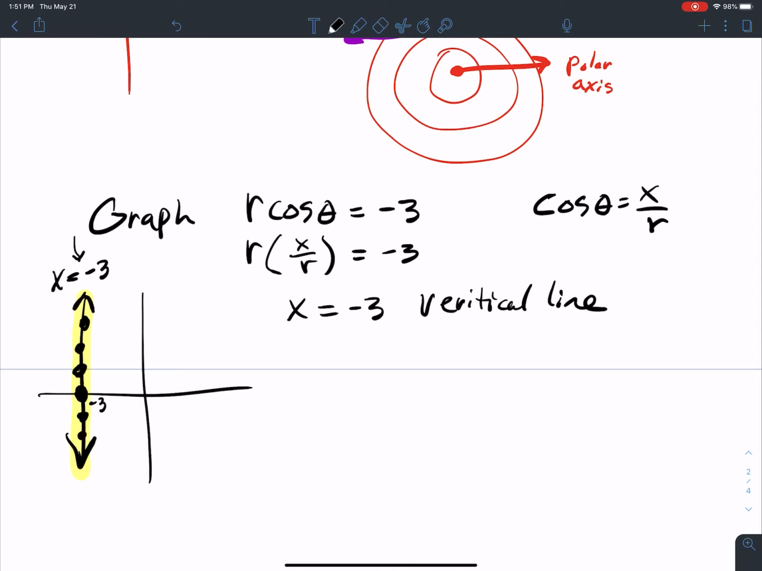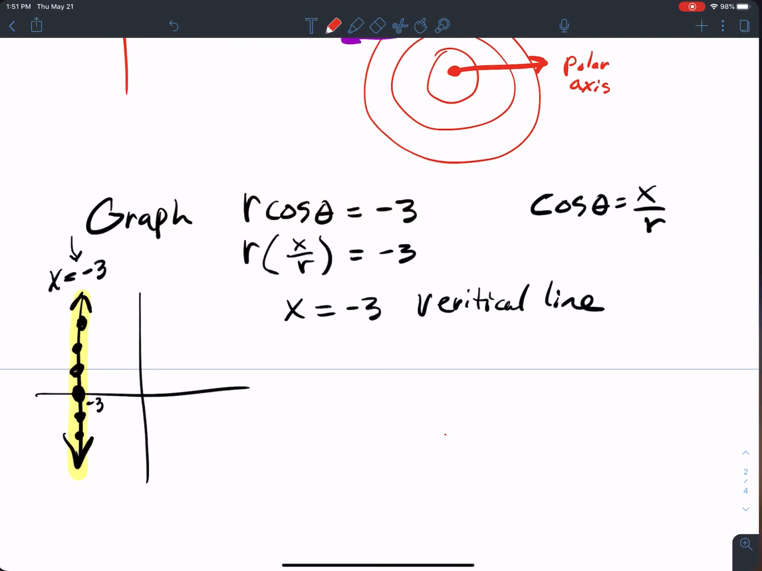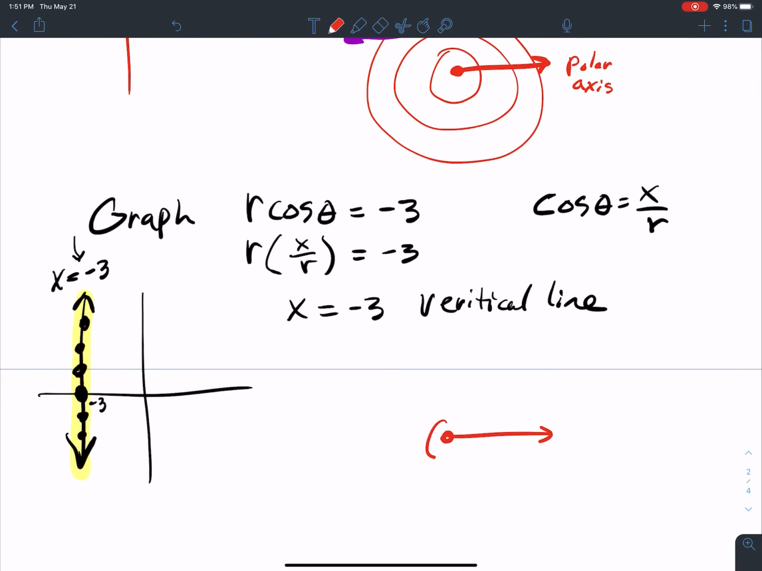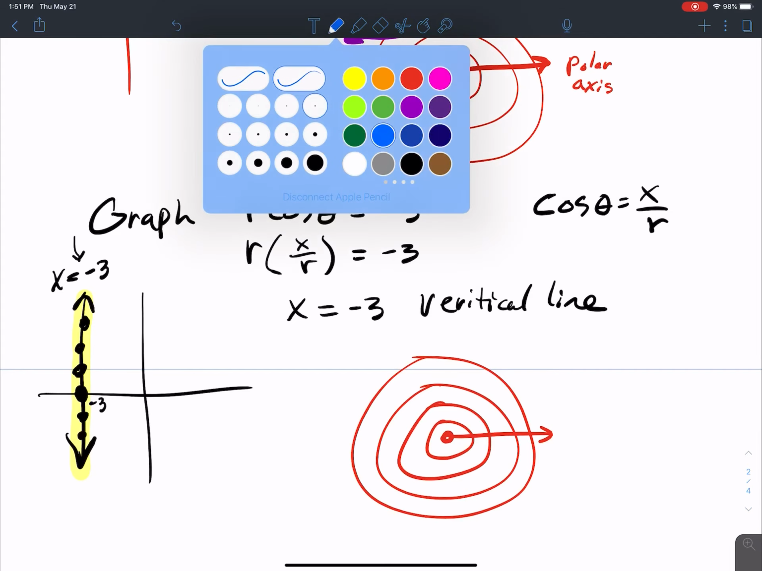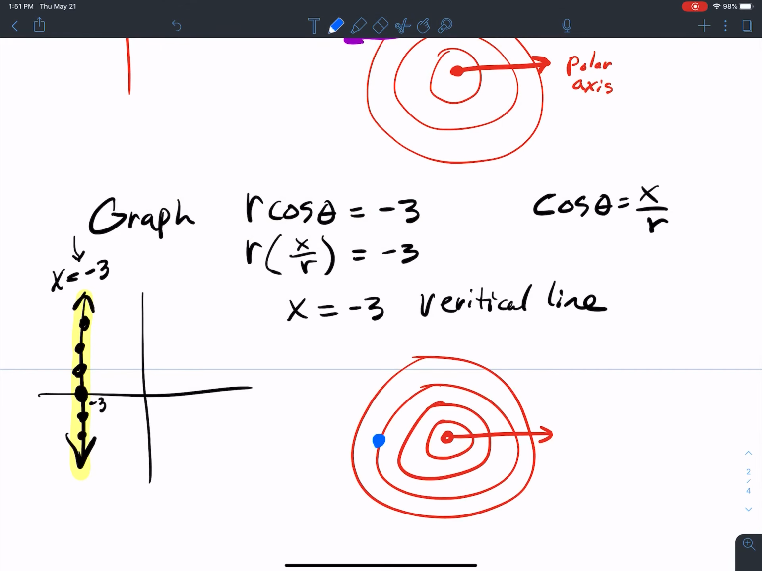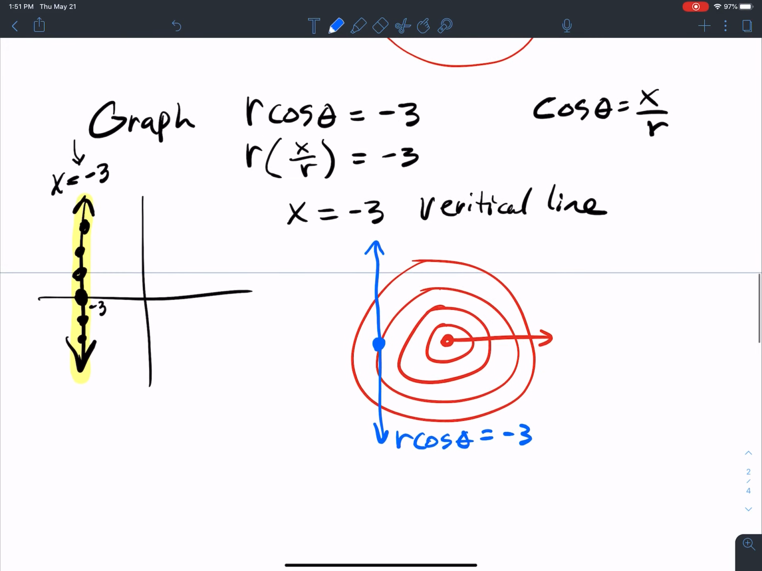So in my polar graph, go out 3, and so that's the equation, r cosine theta equals -3. Okay,